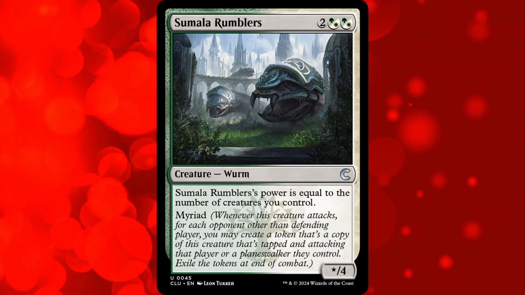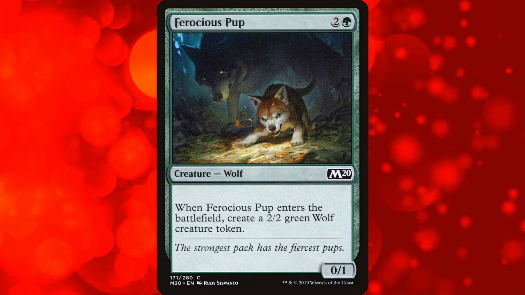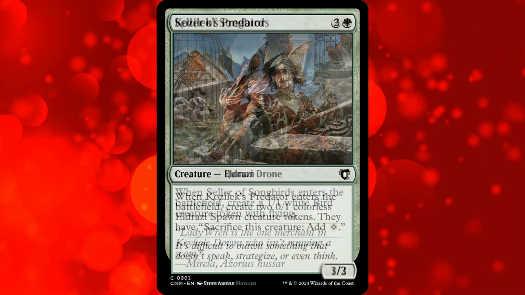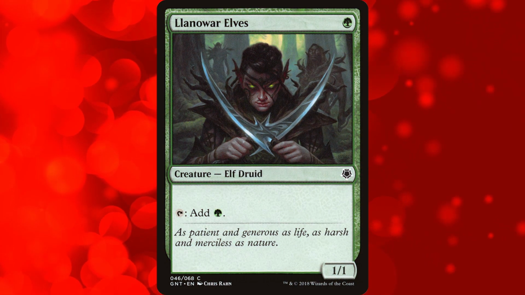Since Samala Rumblers puts a lot of creatures onto the battlefield, we're running the Soul Sisters to gain life, as well as Celebrity Fencer to give us another threatening attacker and blocker. Pretty much every creature is one that enters the battlefield with a token alongside of it, since we want a lot of creatures on our battlefield, like Seller of Songbirds and Kozilek's Predator, both of which make a token when they enter the battlefield. We're running the usual green ramp package as well, the usual mana dork suspects, and ramp